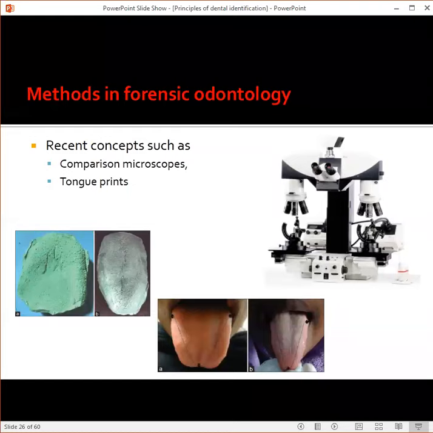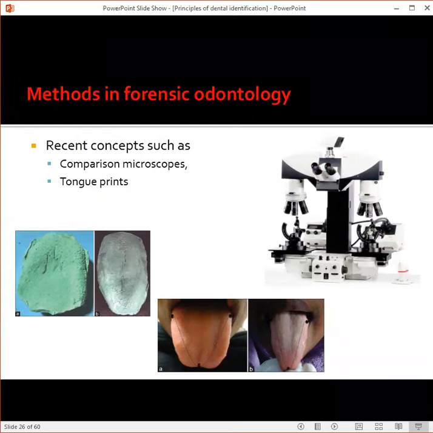As I told you, a conventional method is cheloscopy, which is study of lip print, rugoscopy, which is study of Ruge pattern. The recent methodology is to study tongue prints. Tongue prints means the grooves, the fissures, the pits, what you see on the tongue. Now they have proved that these tongue prints are also extremely unique for each individual, and these tongue prints can be matched to identify a person positively.